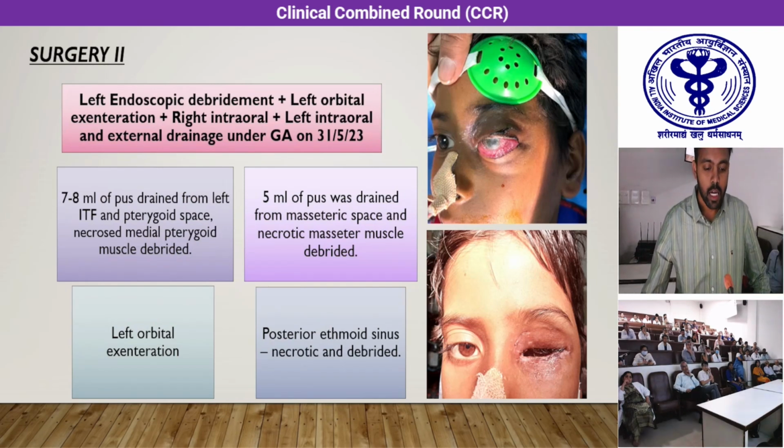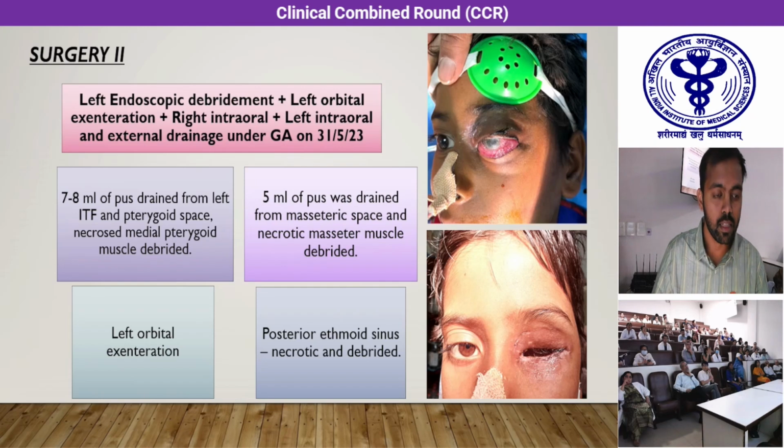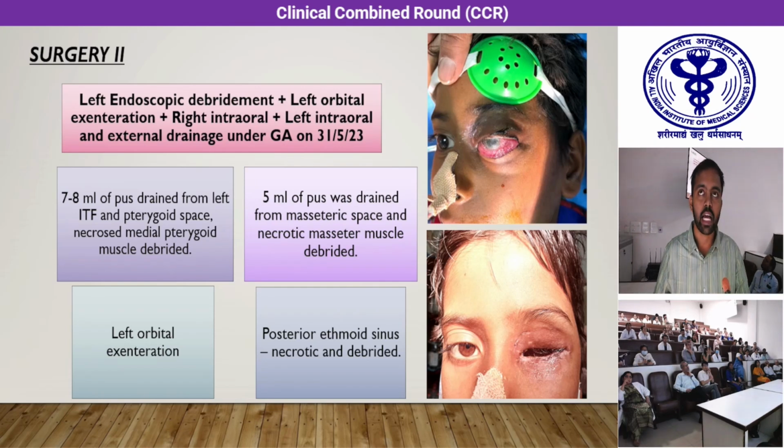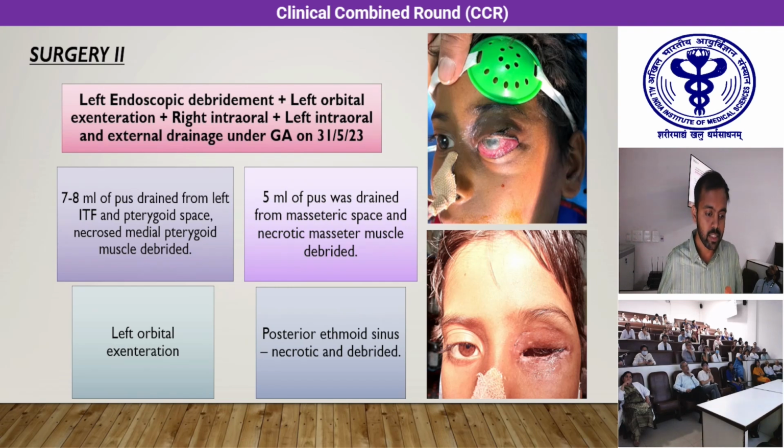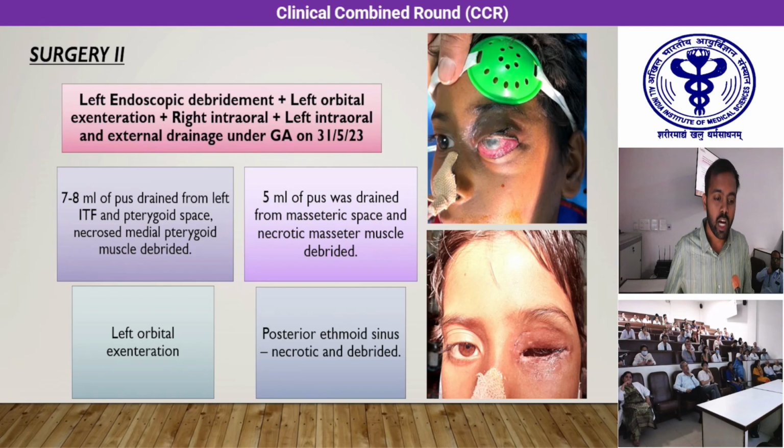Thank you, ma'am. Despite all these interventions, the patient continues to have high-grade fever episodes. He had residual disease as well. He had left orbital disease in the form of a pus-filled necrotic orbit, as well as active discharge noted from the intraoral wound as well as the transoral wound.